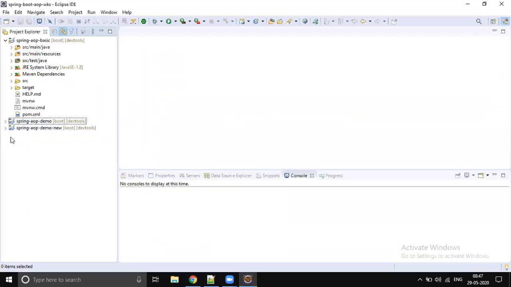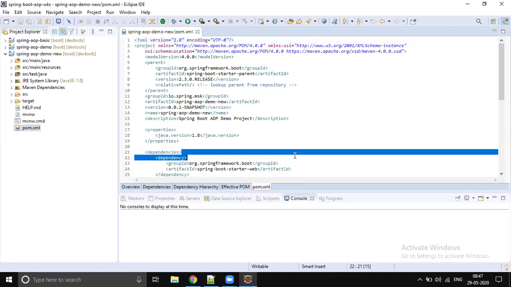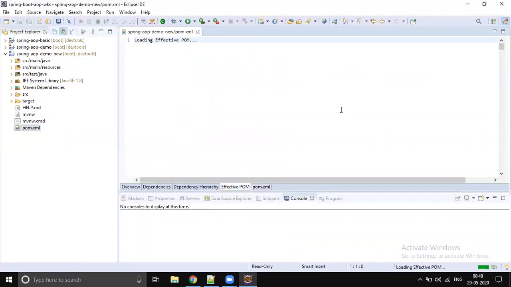Let's go to our new project and remove the web dependency. Let's use the normal starter itself and run the project with the main method application. When you remove this, I'm not sure whether the AOP dependencies are still added, so let's go to the effective pom and check.